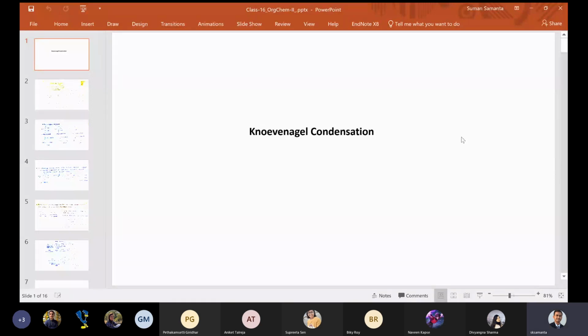So in aldol condensation, your criterion was that you should have an alpha hydrogen. Okay, and either you take an aldehyde or also a ketone undergoes this aldol condensation. Then we are coming to an ester. Okay, just the aldehyde we replace with an ester. Rest everything remains the same. Then also you have an acidic proton. You can have many acidic protons also, so that because of the ester group, the entire functionality or the entire course of the reaction changes.